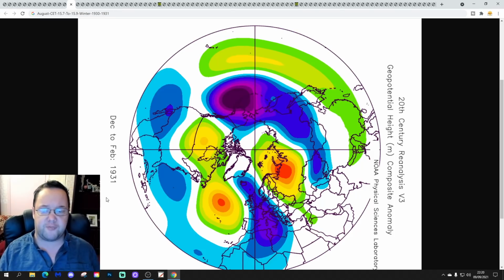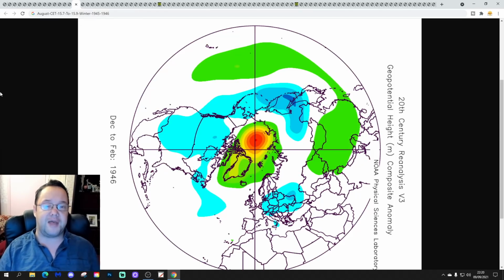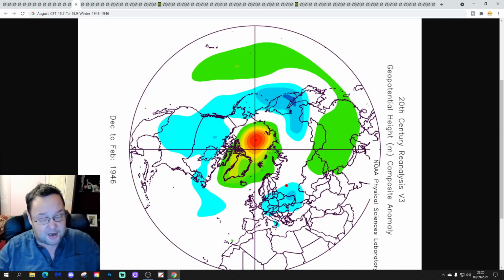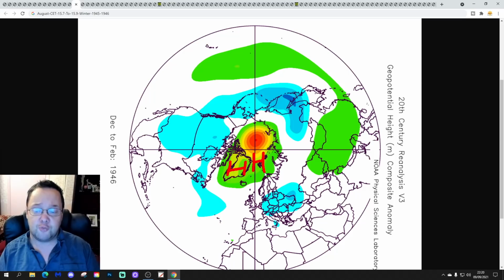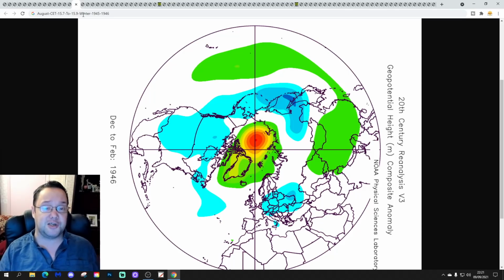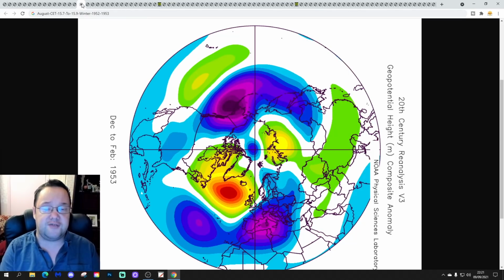This one looks a little bit on the cool side as well, with below average heights across northwest Europe and above average heights pulled out into the middle of the Atlantic. I don't think it's a particularly cold winter, but I think there are cold snaps involved in that one. The next winter is 1945, 1946. This is again a little bit of a teaser type winter. It has got a blocking signal, although overall it's generally a reasonably mild winter. There are one or two easterly incursions in January of 1946.